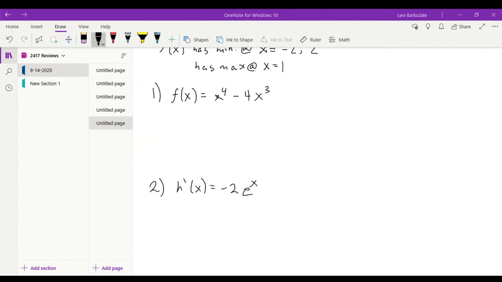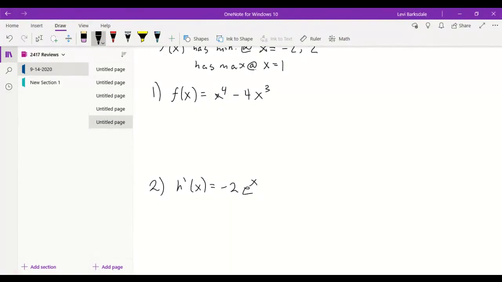That is perfectly fine. I'll go ahead and work this one out. So our first derivative is 4x cubed minus 12x squared, and if we factor out a 4x squared, we get 4x squared times x minus 3, and that is of course going to be equal to 0 at x equals 0 and x equals 3. So then if we drew out our number line,